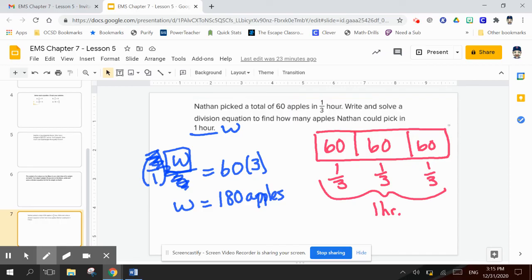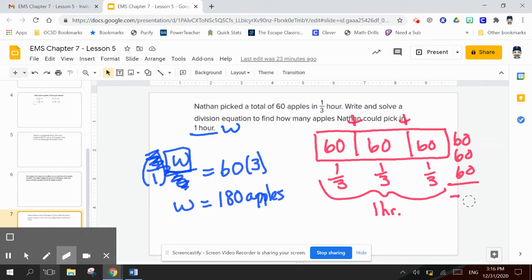If I add all of those together, 60 plus 60 plus 60, I get 180 apples. So another way to look at it,